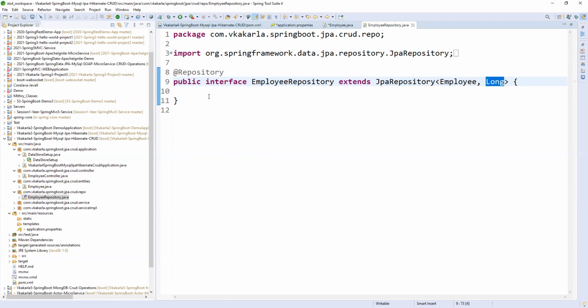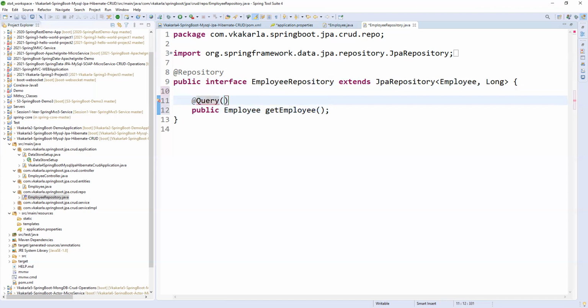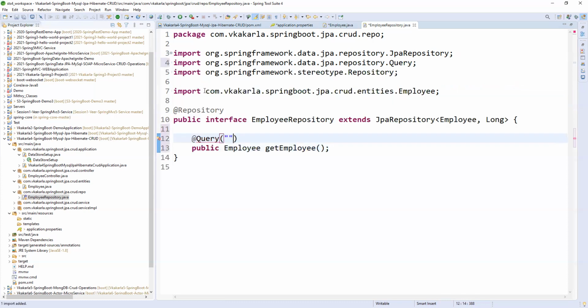Fine. Now you are asking for some query, right? If you write here a public Employee getEmployee, if you define like this, you can write here the @Query annotation.